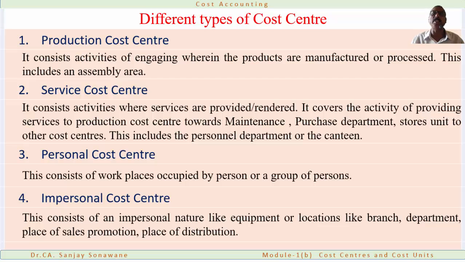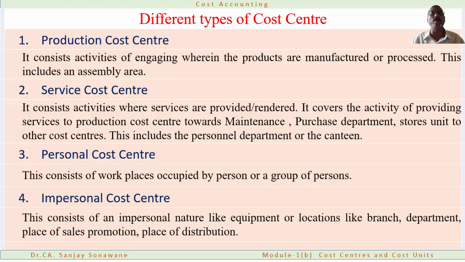So how many cost centers are there? Absolutely speaking, there are mainly two cost centers which even the cost accounting standard recommends. First one is production cost center and second one is service cost center. What is the production cost center? The production cost center means the place where we are carrying out the production or manufacturing activity. Here, all costs related to production and manufacturing activity are taken together and all costs are charged to this particular center called a production cost center.